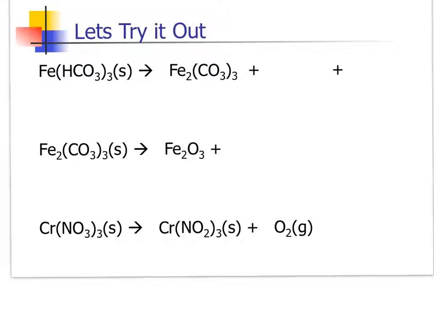More examples of a decomposition of a metal hydrogen carbonate. We can see here that I have an iron hydrogen carbonate, and an iron carbonate is being produced. Now what do I have to do with that is I still have 2 products that need to be made. The 2 products that are always going to be present on the product side of a metal hydrogen carbonate decomposing